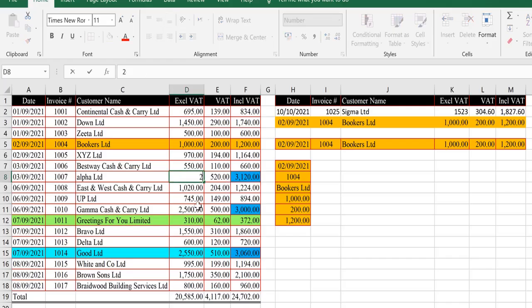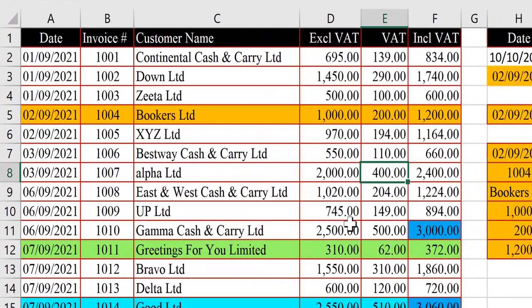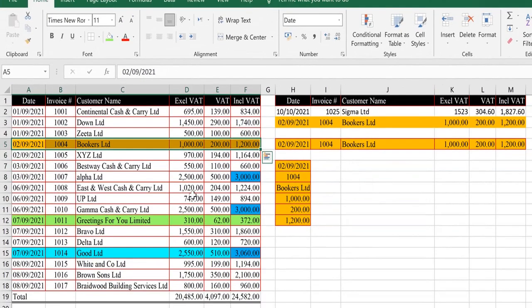For example, the excluding VAT value is 2000, so inclusive VAT is less than 3000 and the background color of the cell is white. If the cell value is more than or equal to 3000, the background color of the cell is converted to blue. Now we want to copy A5 to F5